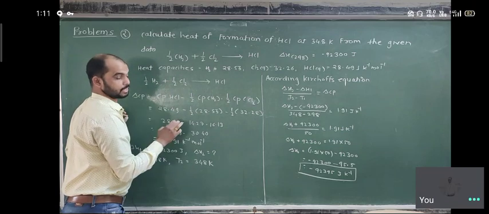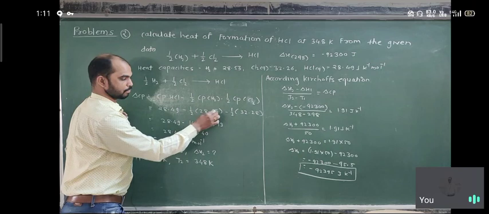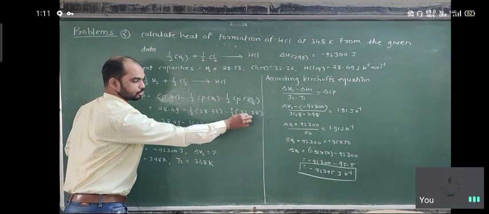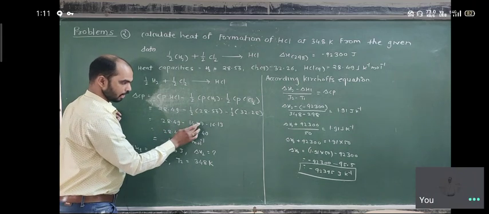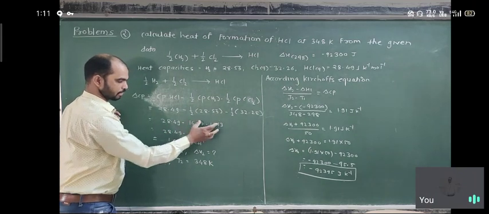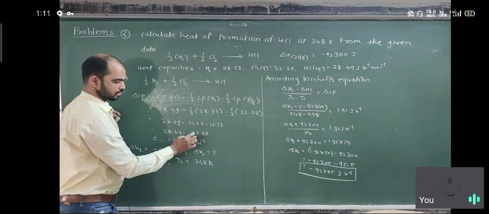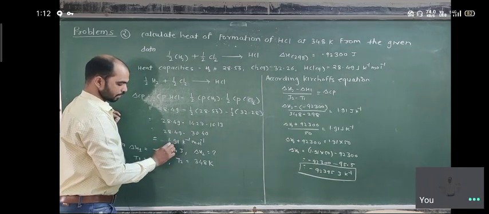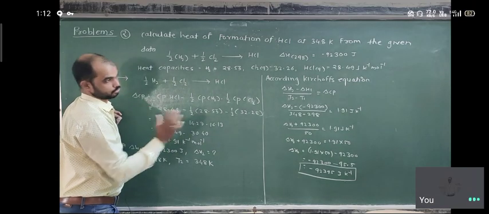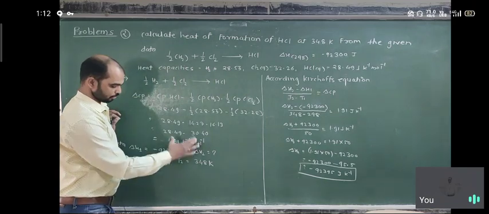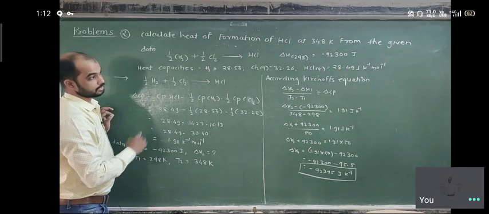28.49 for HCl, minus 1/2 of 28.53, minus 1/2 of 32.28. So the answer is 28.49 minus the halves; minus minus, we add together, and the answer is 30.40. So 28.49 minus 30.40, the answer is minus 1.91 joule per Kelvin per mole, because the heat capacities are given in joule.